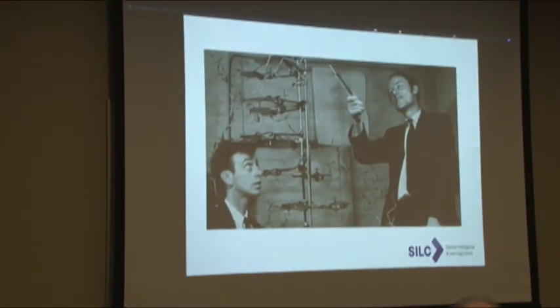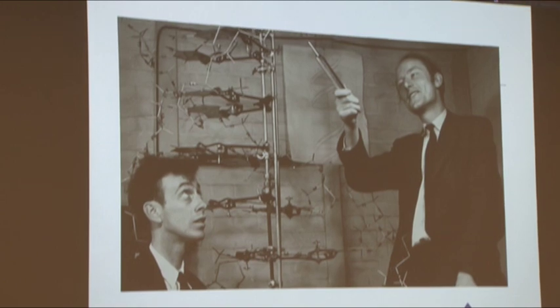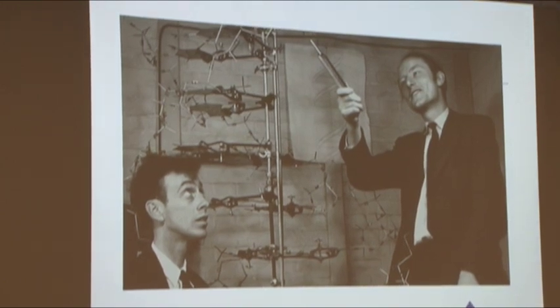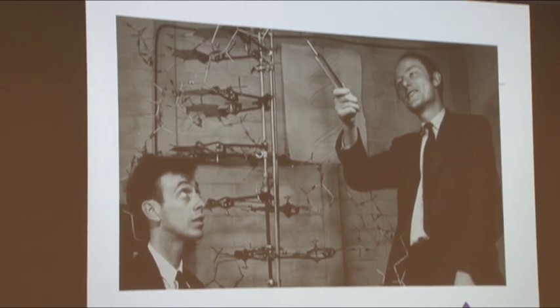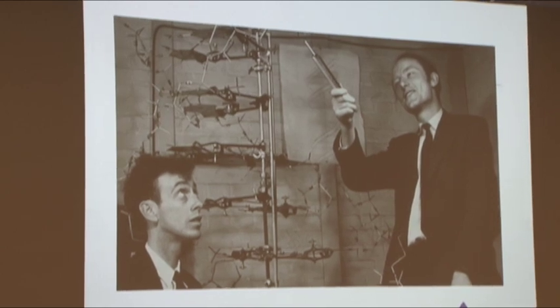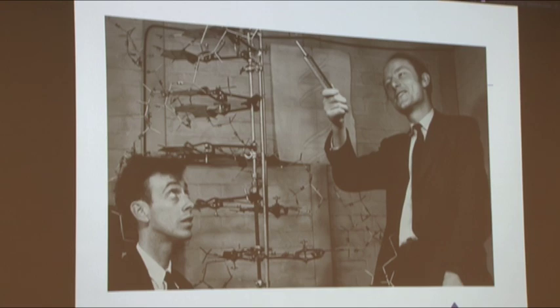And likewise, relatively more recently, when Watson and Crick finally discovered the structure of the DNA molecule. There were many people working on this problem. It was a big problem, but it was described as a radically new spatial insight. In fact, they wrote, "We wish to bring forward a radically new structure for the DNA molecule." Not quite, the chemist in the room would know. They said something much more sophisticated than that. But the point of this is,